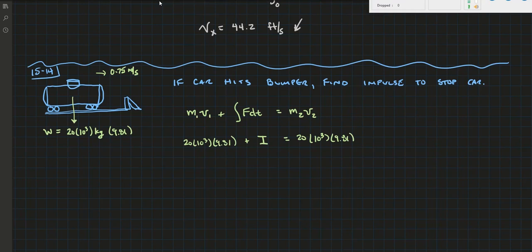And our velocity 2 is going to be 0 if that brace stops it. So we just simply get impulse equals,